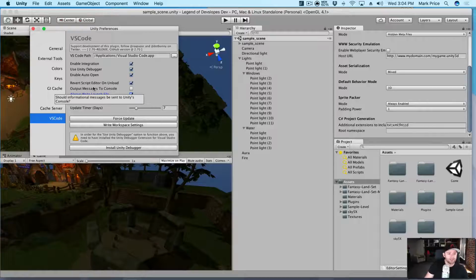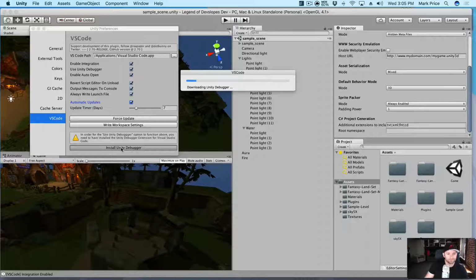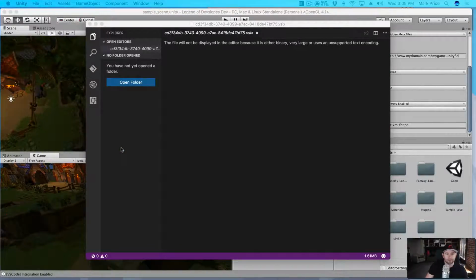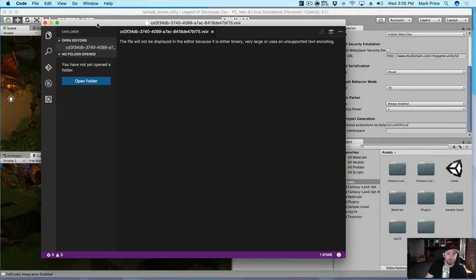Output messages to console. Should informational messages be sent to Unity's console? Just for now, we'll keep it on, and let's keep automatic updates on as well too. Update every 7 days. This is great. Cool. Oh, and look, I can install the Unity Debugger right here. Okay, I don't know if it worked, but what we can do now that Visual Studio Code is open is,